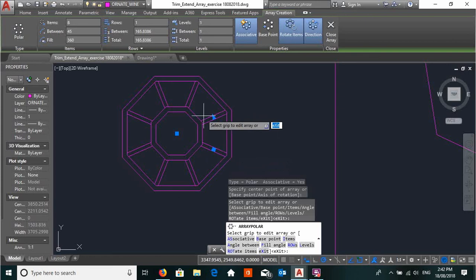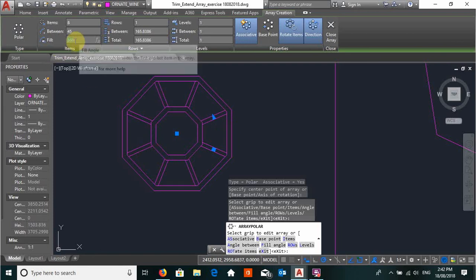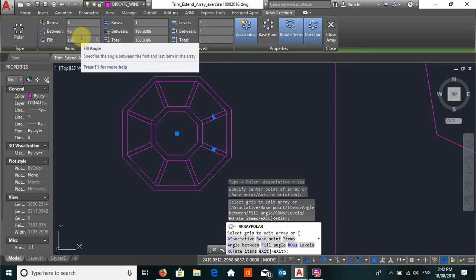We can also say fill angle, or you can even go here. Currently 360 means around 360 degrees around that central point, which is to be polar, which is the center of the object that it's going around. We can also make it that it only arrays in a certain part of the circle by giving it an angle. So if I type in here, instead of 360, just say 180, and I press enter,